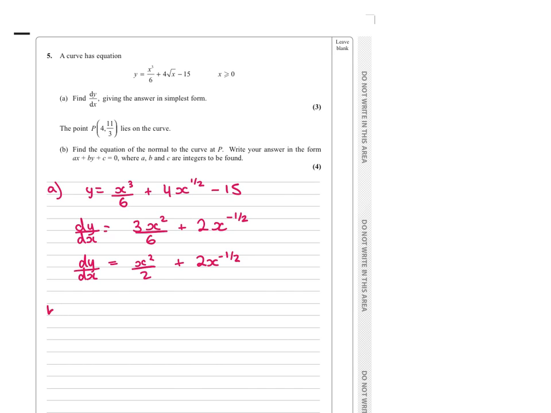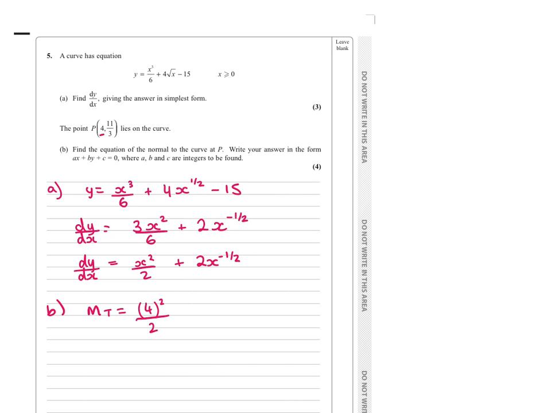Okay, finished. The point P, 4 and 11 over 3, lies on the curve. Find the equation of the normal to the curve at P. Well, we found the gradient function here. The gradient function gives us the gradient of the tangent. So the gradient of the tangent to the curve is when we substitute in our x-coordinate 4 into our gradient function, which is